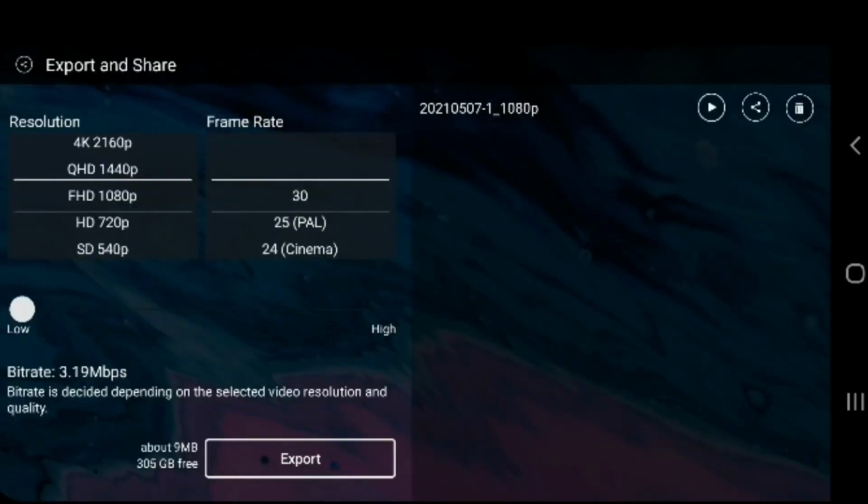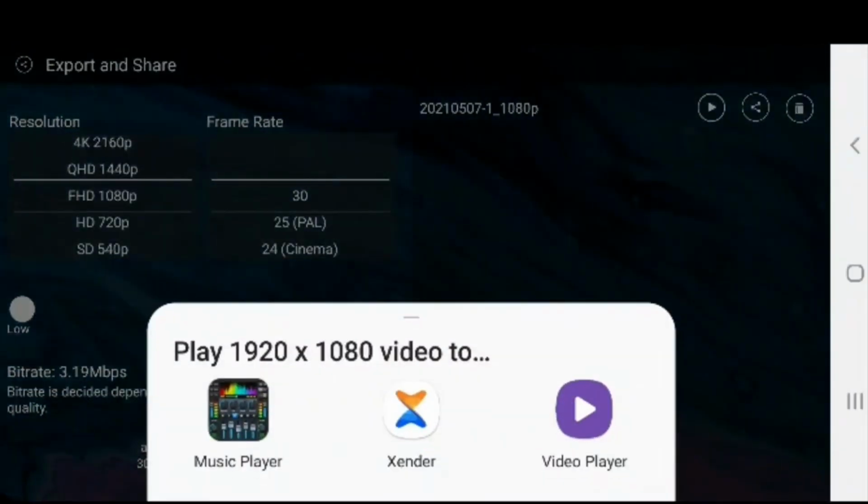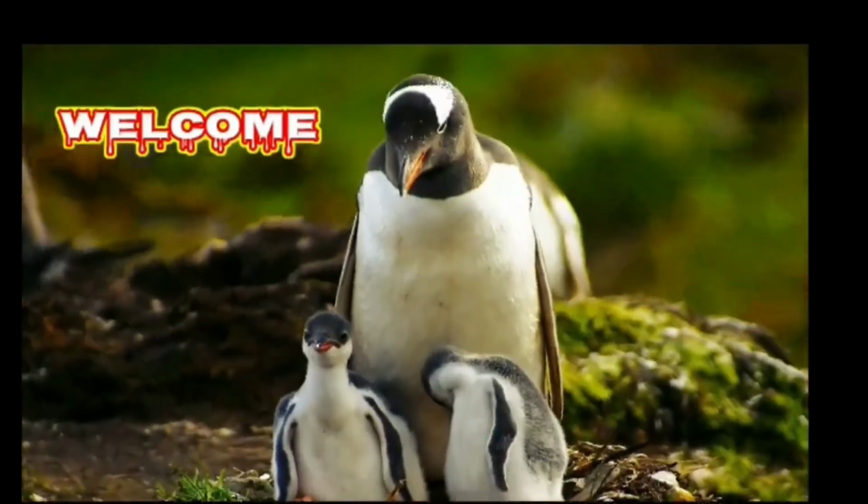Now exporting is over. Now you can play that video in whichever software that you like to play with. Now you can see